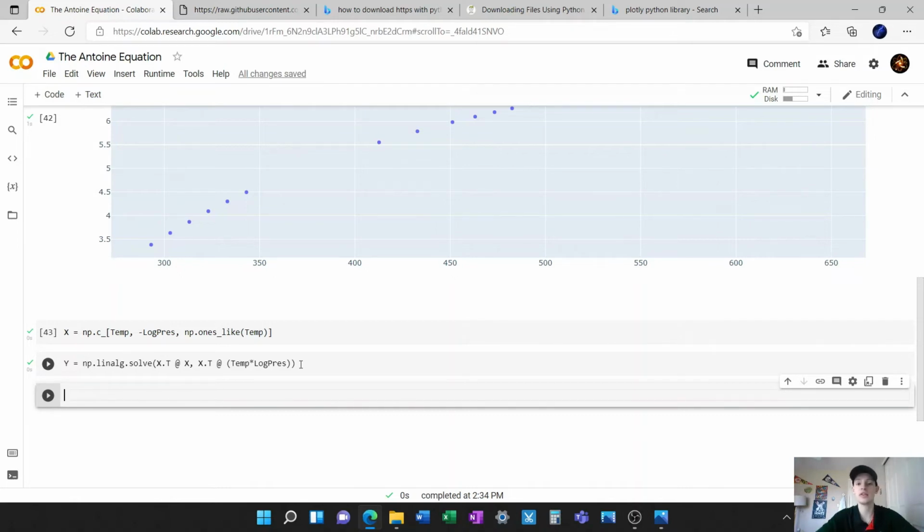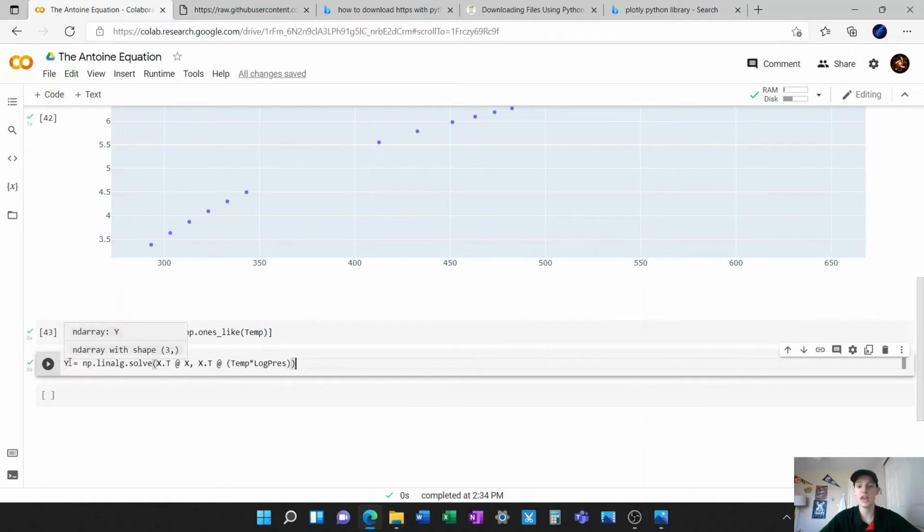And we can do that because there's 3 values stored in this vector of unknown coefficients, y. And we defined those as A, C, and D. So we can unpack this by separating each of these by commas. So we'll do A,